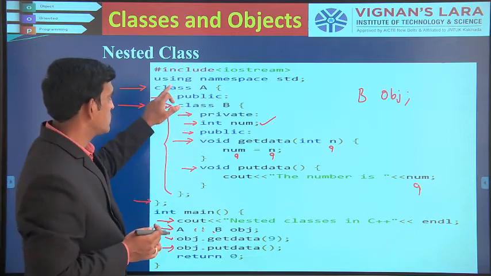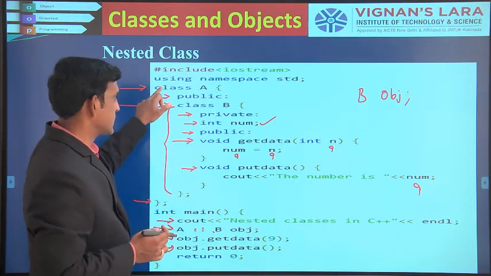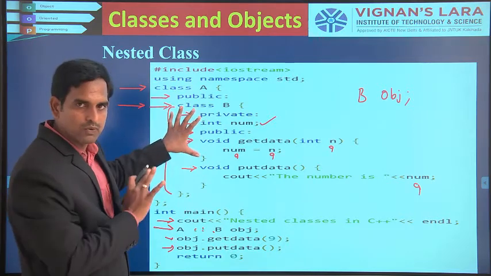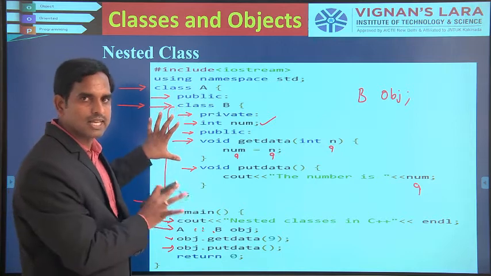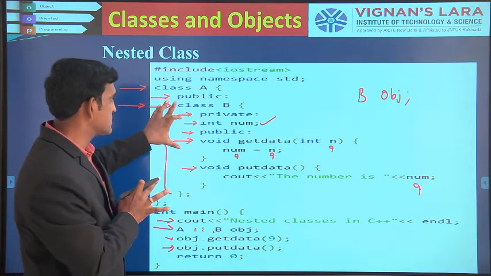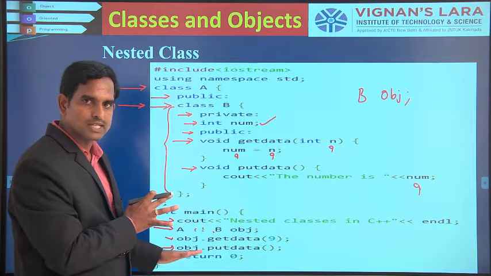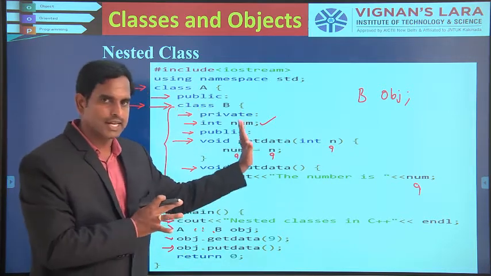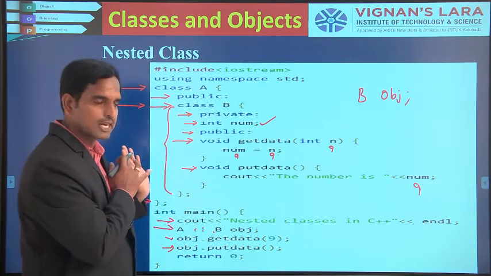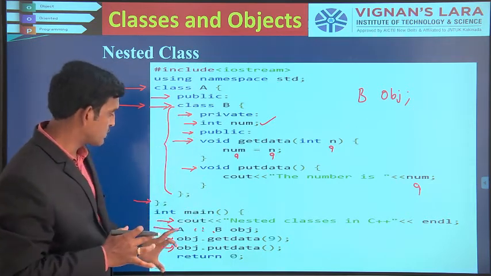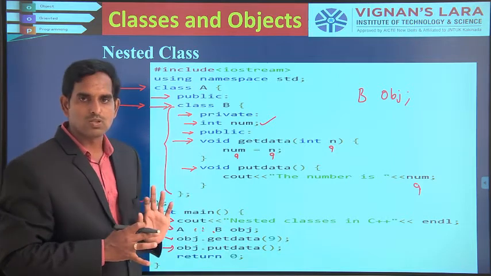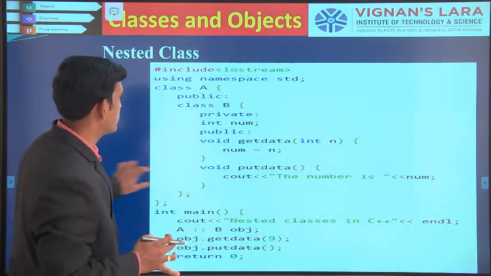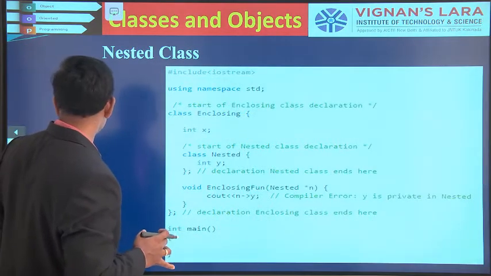A brief review. If you are writing one class inside another class, we call it a nested class. This class doesn't have any other privileges. It will be just like a general member. Since it is a public member, it can be used outside the class. This particular class can have its own data and its own functions, just like a general class. But if I want to create an object for that class, I have to use the scope resolution operator. This is an example of your nested class. One more example you will be seeing about nested class.